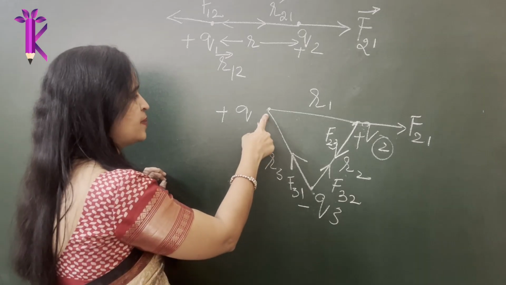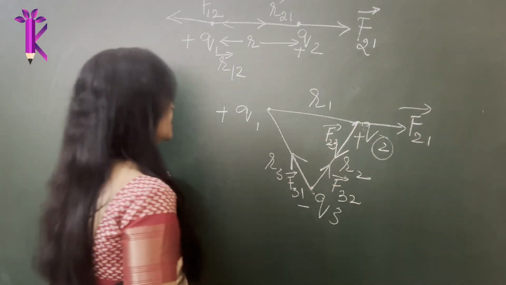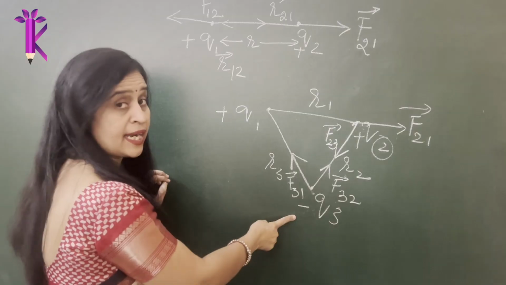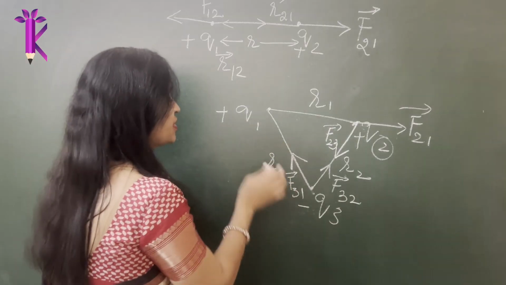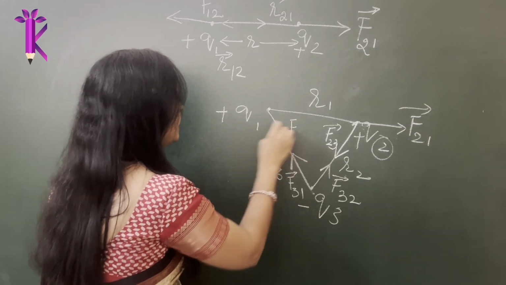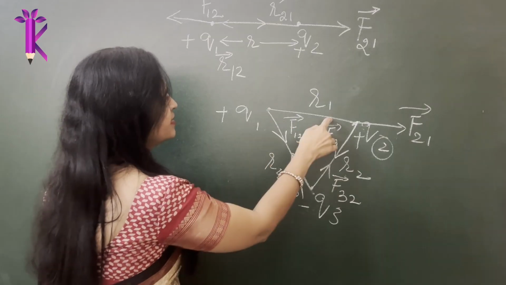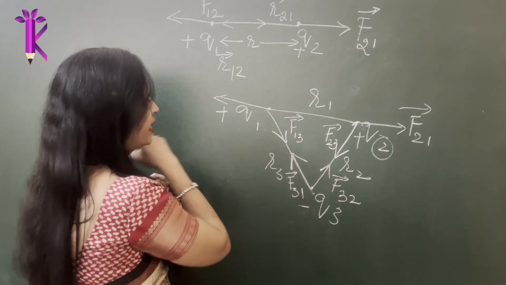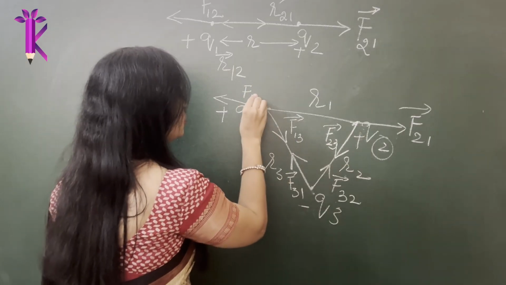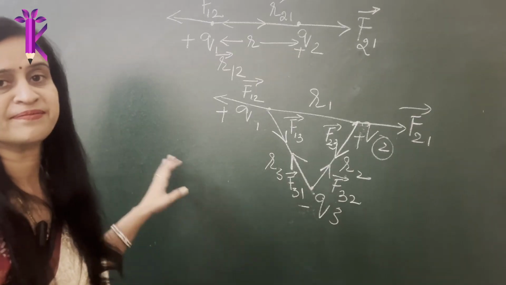Similarly, what are the forces experienced by Q1? All of them are vectors. Make sure you write the vector head. Right. So force experienced by Q1 due to Q3 is again attractive because it's positive and negative. Opposite charges attract, so therefore this will be in this direction. So this is the force experienced by charge 1 due to what? Due to 3. Similarly, these repel each other, right? It moves in this direction because they are positively charged. Force experienced by 1 due to what charge? Due to charge number 2.